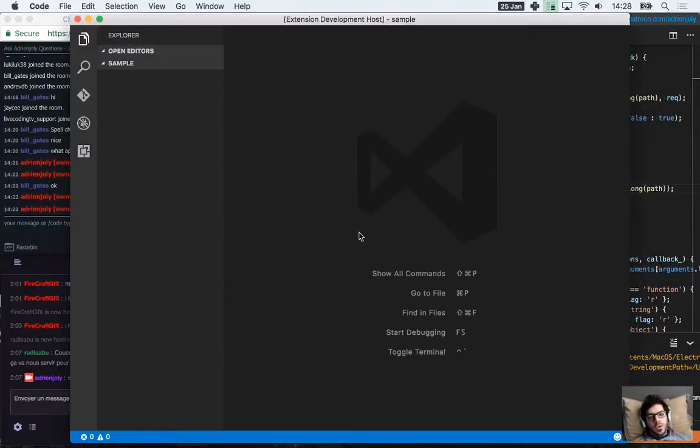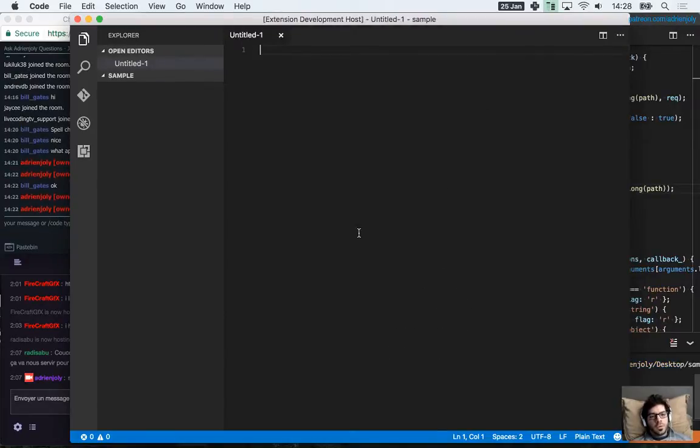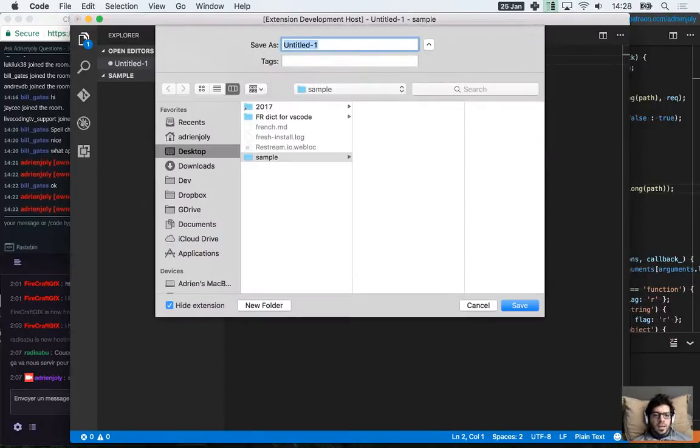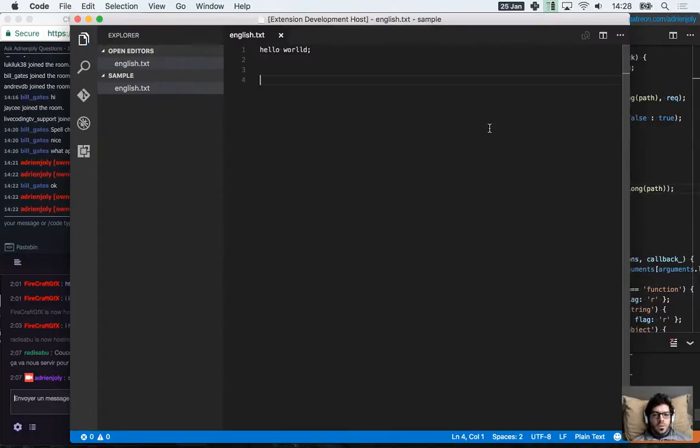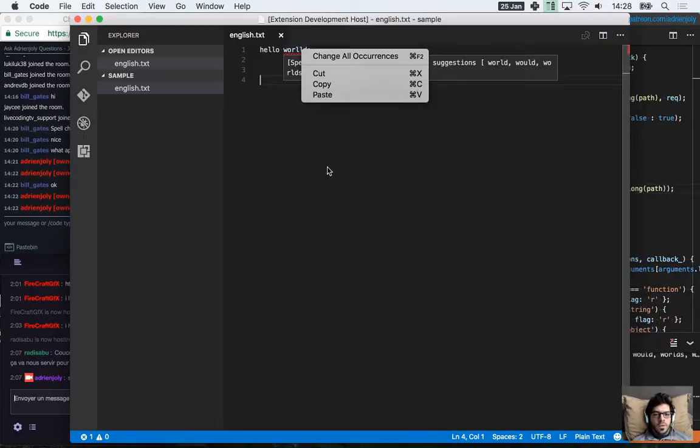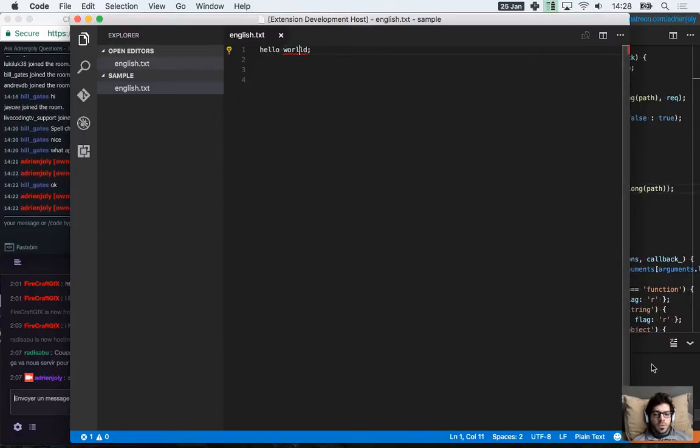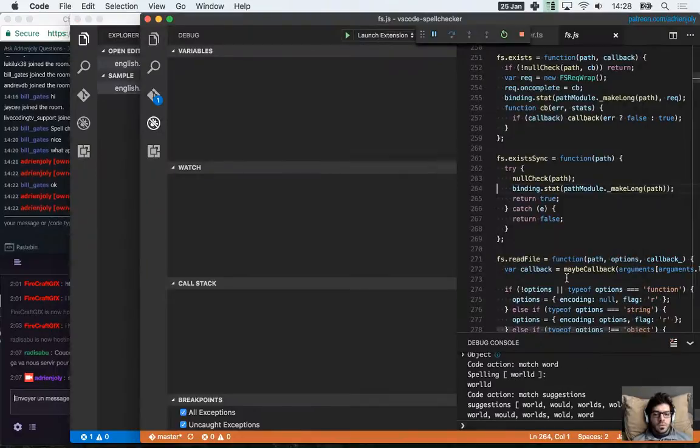development window, and we're going to open a new document here, and I'm going to try to write some text and save it as a text file and see what happens. Look, okay, this is working now. See? Perfect. So now what I'm going to do is stop this